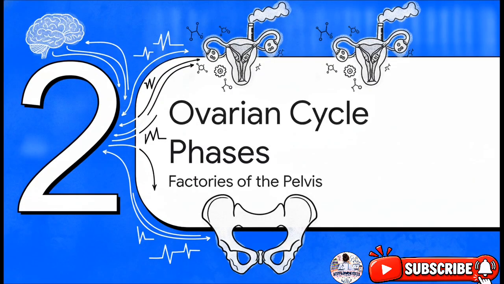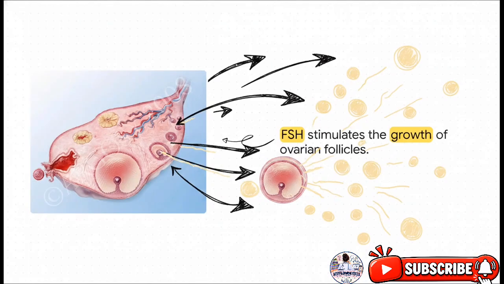Moving on to Section 2, the ovarian cycle phases. The factories of the pelvis. During the follicular phase, which makes up the entire first half of the cycle, FSH, totally true to its name, stimulates the growth of these beautiful ovarian follicles. As the follicle matures and grows, it essentially becomes its own temporary endocrine gland, secreting increasing amounts of estrogen directly